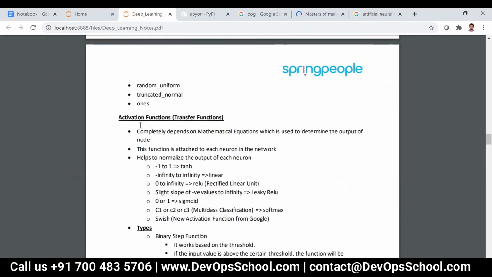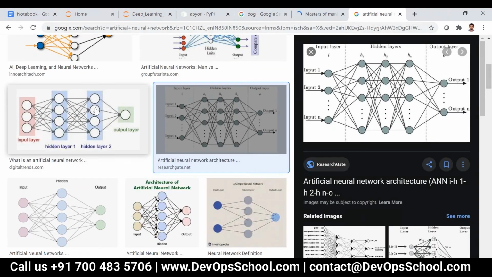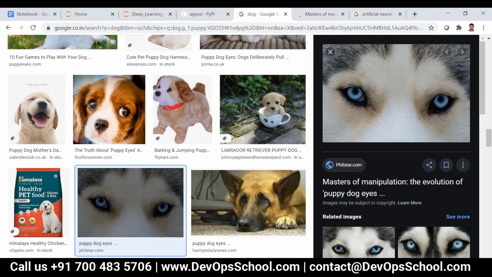And then we have the activation function, also called the transfer function. It depends completely on mathematical equations used to determine the output of a node. What do you mean by node? Each and every circle in this hidden layer is a node.